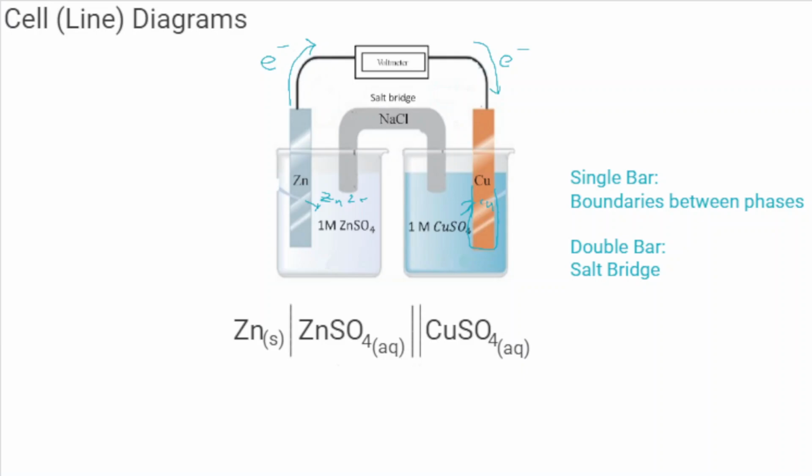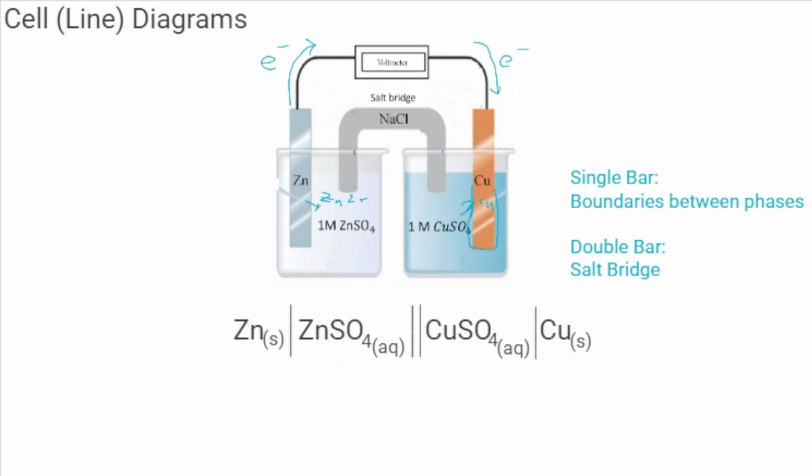And then from the copper sulfate, we'll be plating our solid copper onto whatever cathode this is. In this case, it happens to be copper, but it could be any inert electrode. But we are undergoing a phase change. So since we're going from a liquid to a solid, we'll put another single bar. And then in this case, we are going to put down copper because that is in fact the cathode we're using. But this could be, like I said, anything that's inert to copper sulfate, such as platinum or carbon,